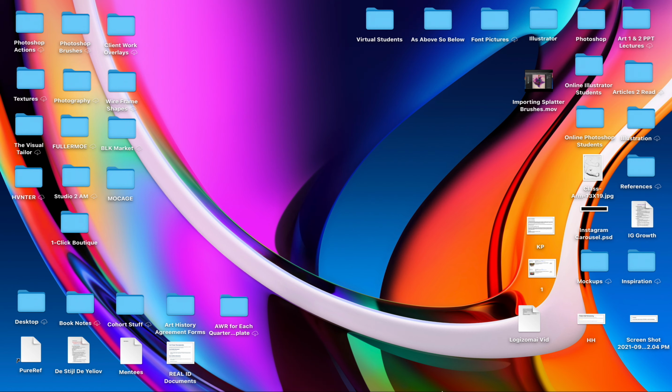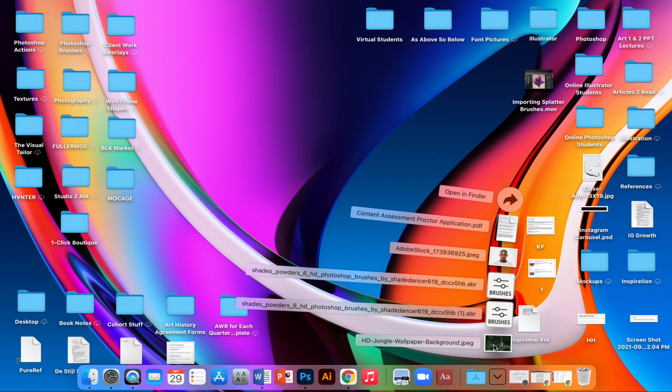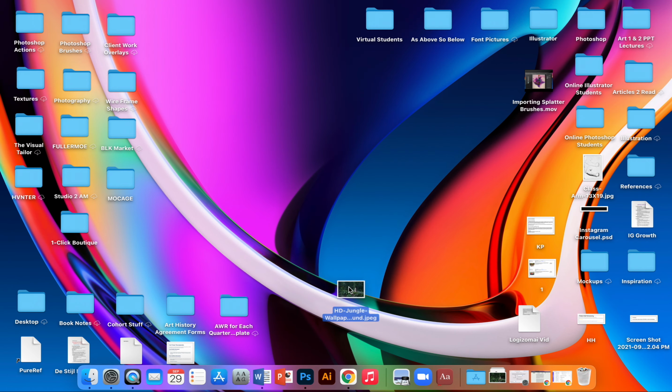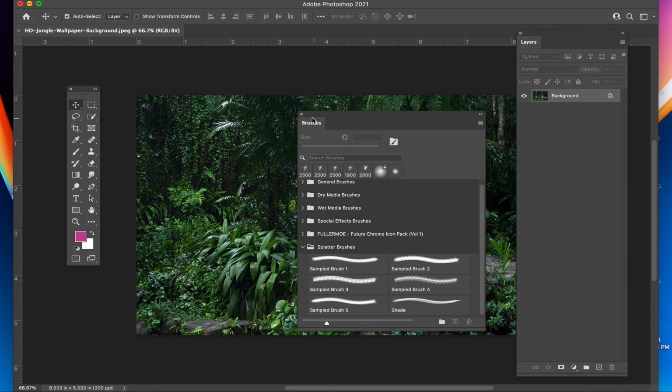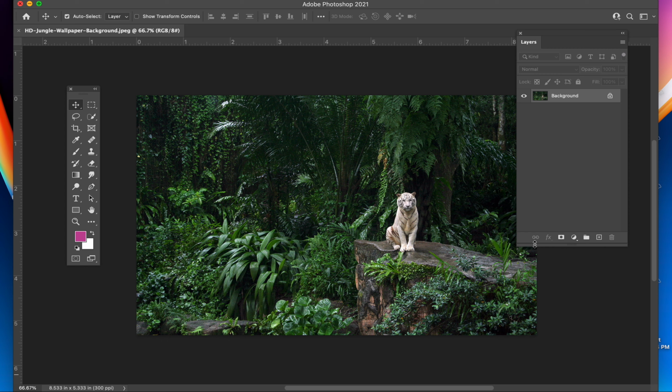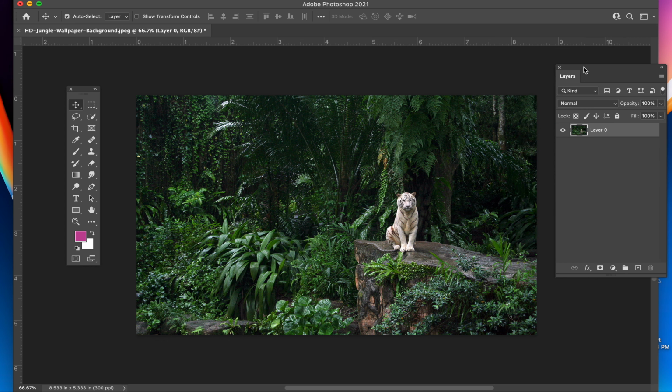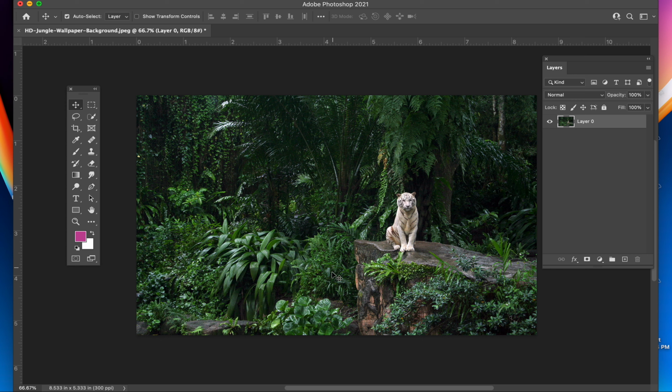Hello. So this is going to be a walkthrough on checkpoint 11 using layer masks. Once you have clicked on the tiger and have downloaded him here, we'll go to your downloads folder. You can click on the downloads, take that HD background and just drag and drop it into Photoshop, and it will open up in its own document here. First thing to do, unlock that layer, and we're going to put a rectangle behind the cliff that